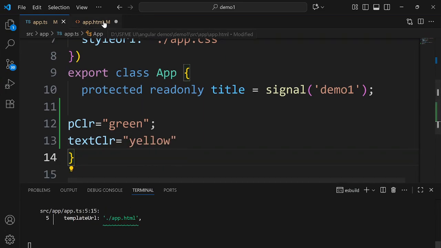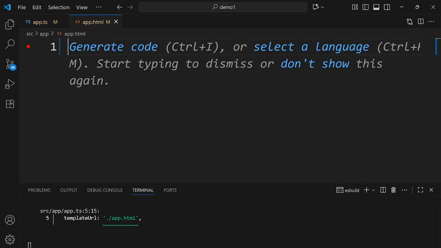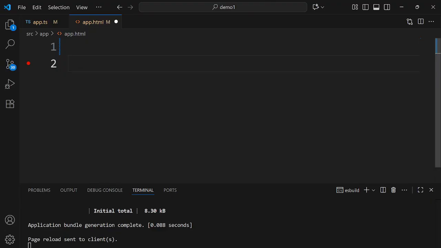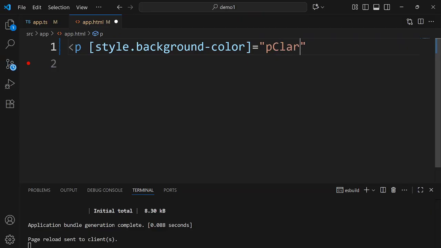So let's save it, and now let's go to the HTML and see how we are going to perform this style binding, where I would actually like to give the background color as well as the text style. Fine. So let's see how we can give that. Fine. So the first example that I showed you was like this, right? Style dot background hyphen color, right? So this is what we used to give before,